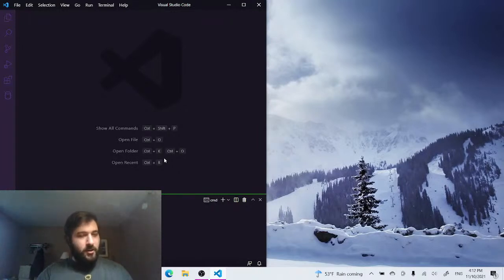But alright, so we have the terminal open in Visual Studio Code. We need to go into the folder. Mine is in the Documents, React Projects folder. That's where I put all my React projects. Wherever you put your projects is where you want to CD into, change directory into. And now we're going to